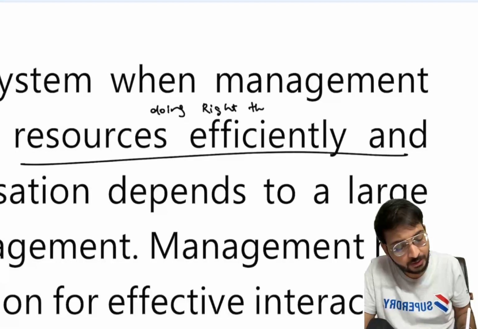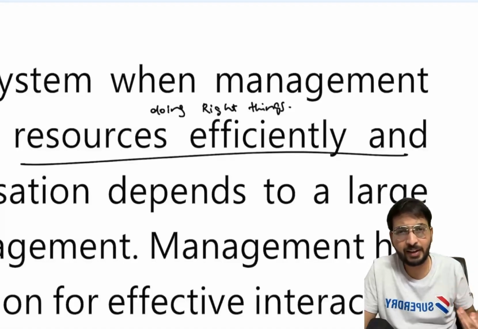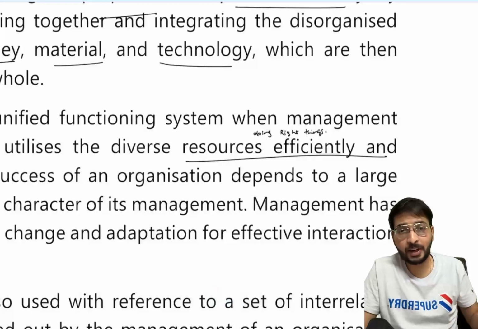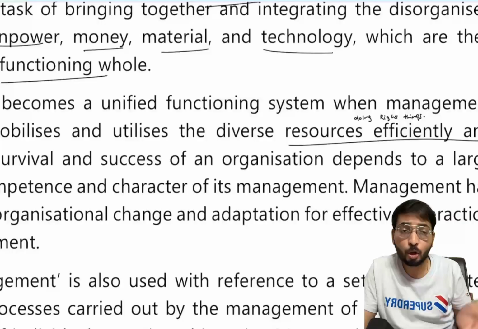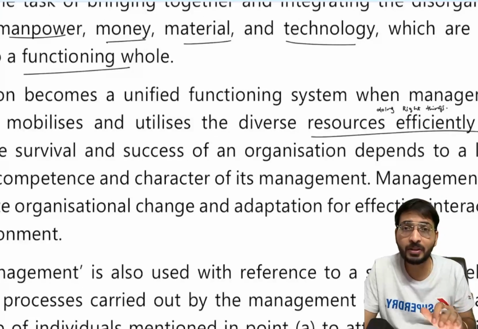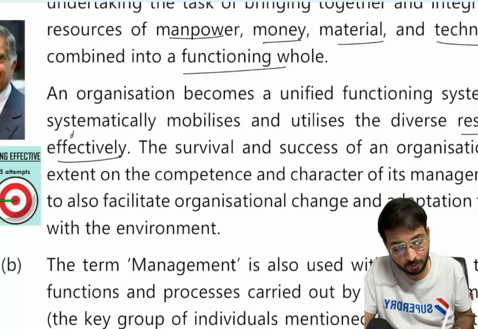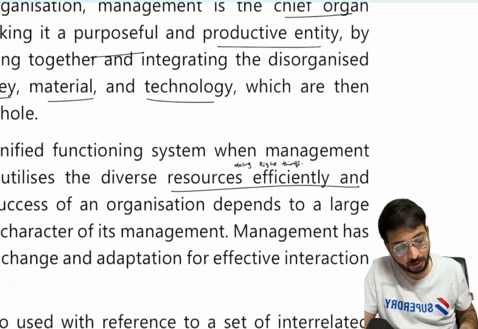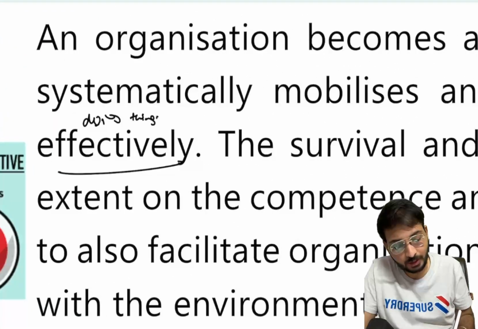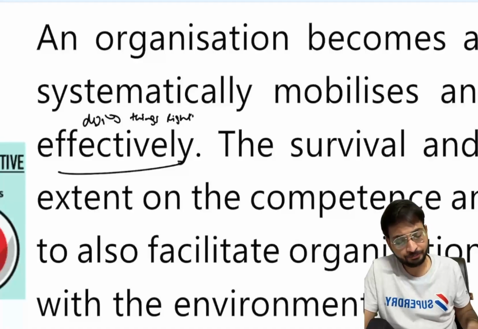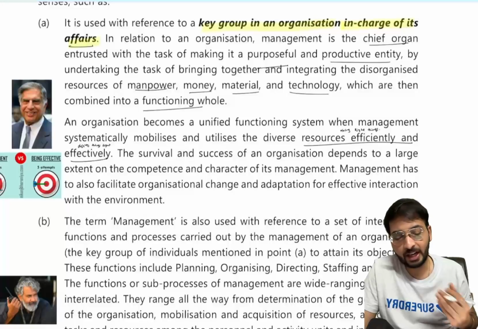Doing right things. For example, these days trendy businesses are millet businesses, millet idli, all this kind of thing, right? So when you start that particular business, you're doing a right thing, you're doing it effectively. Then what is efficiently? Doing things right, like there is no wastage in your business. All this comes under doing things right. So this is called doing right things, and this is called doing things right. Now clear? So what you have to do? The management uses the resources effectively and efficiently.